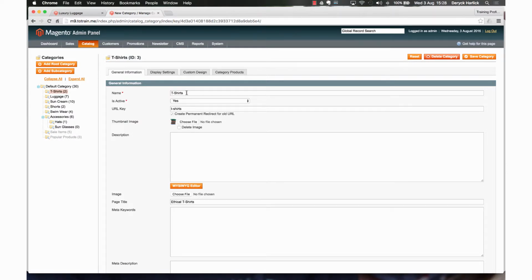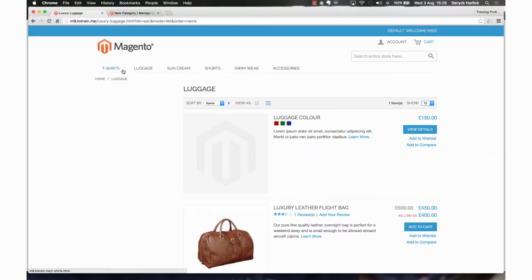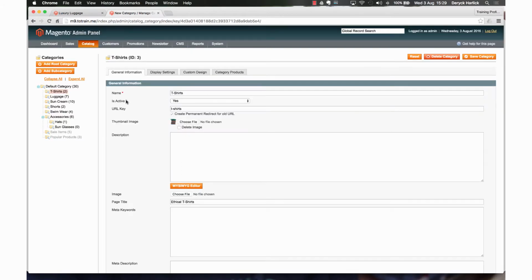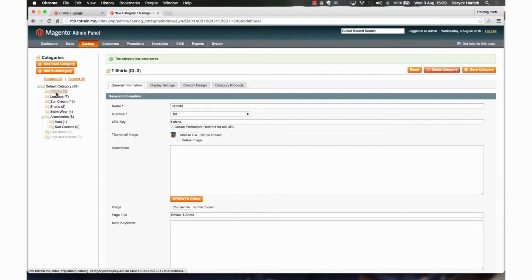Firstly, the name, t-shirts. That name dictates what the label will be here on the site. So we called it t-shirts. Is it active? If I set that to no and save the category, you'll notice that it's now grayed out. So by having it set to yes,